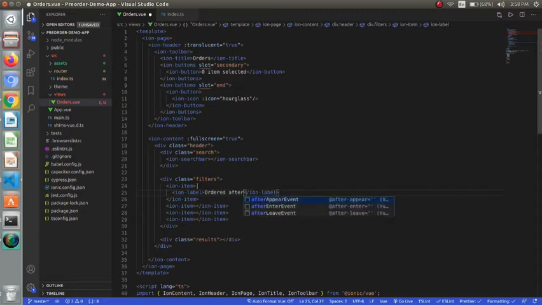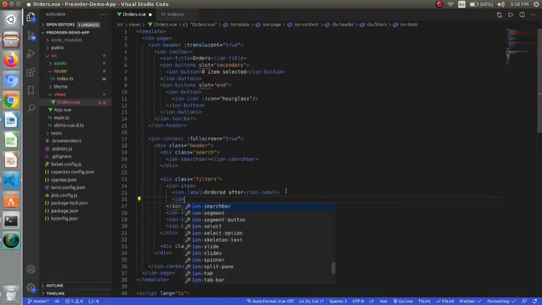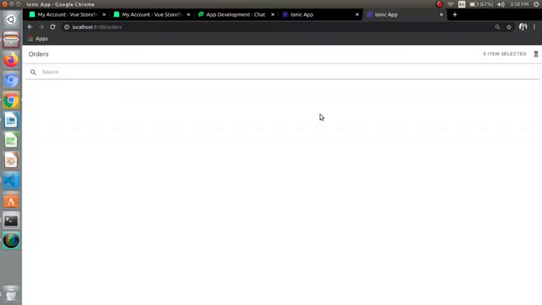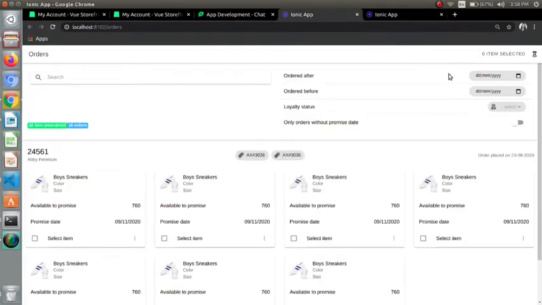And will give it a name called ordered after. The chip contains a date input, so I will be using an input component with type date inside the chip.